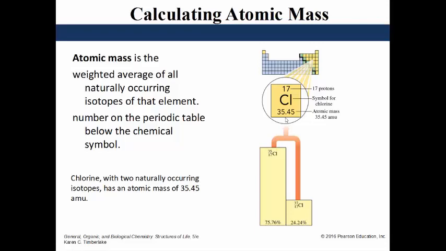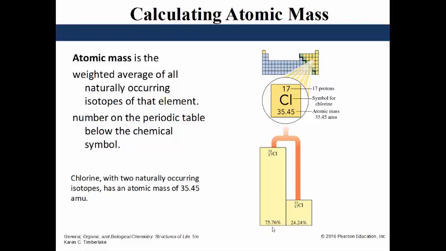So for chlorine, it is found naturally to exist in two forms, either with a mass of 35, here, or a mass of 37. It is still chlorine, that's why the atomic number doesn't change. They're both 17, so it's still chlorine, but the masses are different. So that's why they're isotopes. So there's a way to calculate the average mass, which is what this number represents. So for the example here for chlorine,